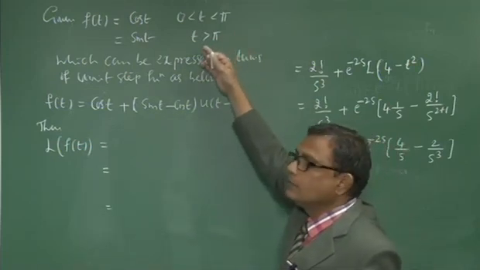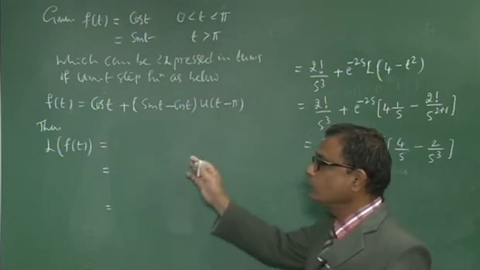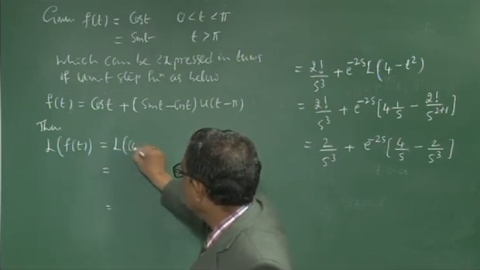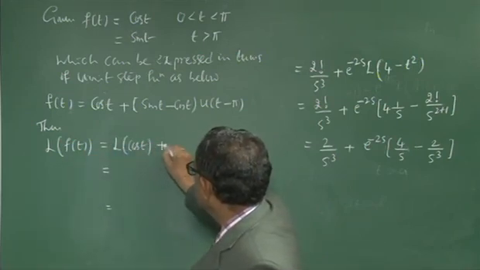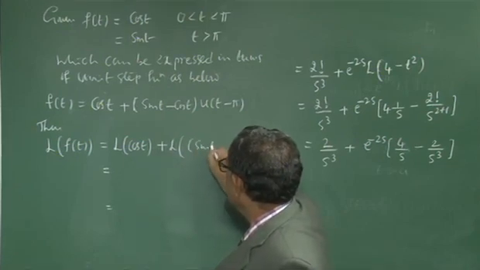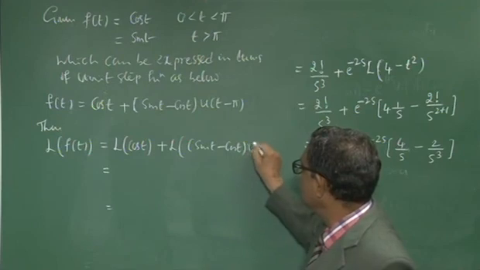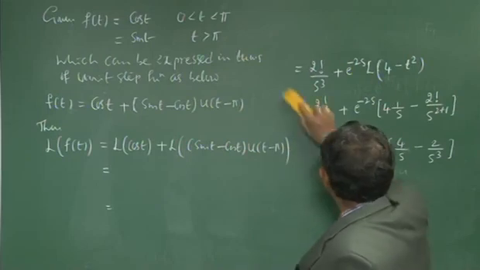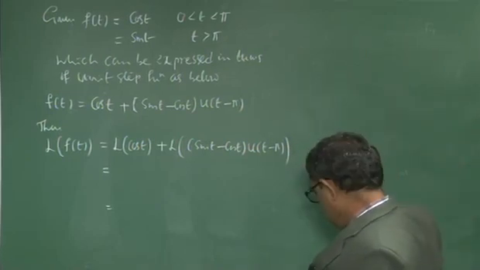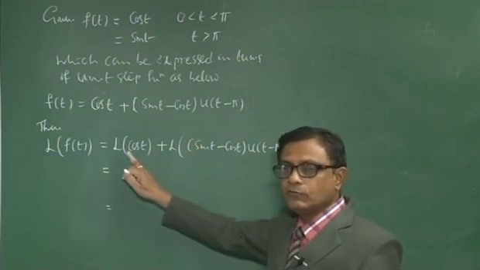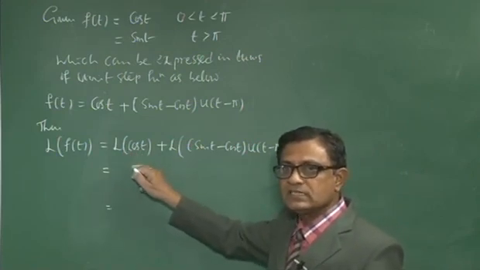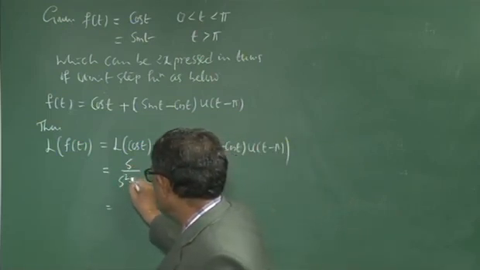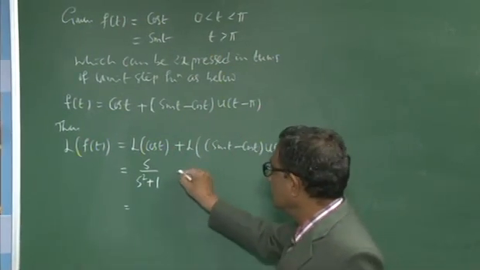0 to a and t greater than a. Now you have to find its Laplace transform. How are you finding it? L of f of t equals L of cos t plus L of sin t minus cos t into u of t minus pi. Here the first term is a standard form: L of cos a t is s divided by s square plus a square, so s divided by s square plus 1, a is 1 here, plus